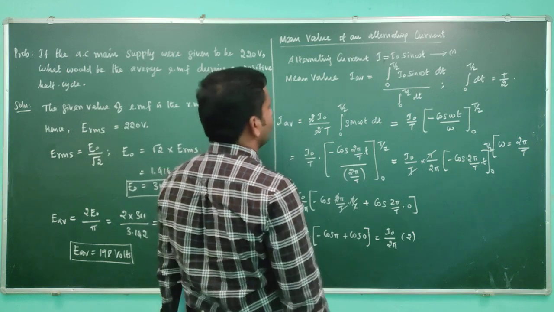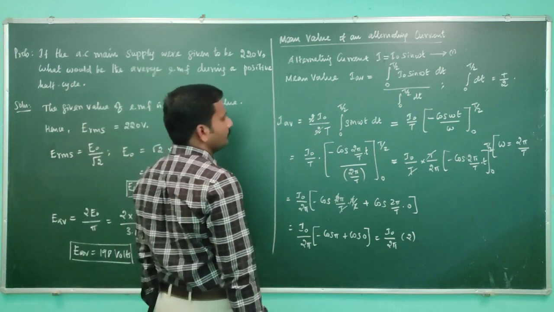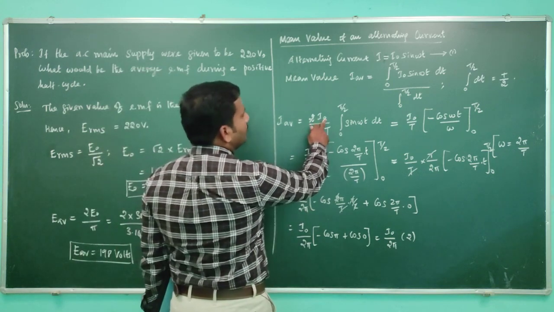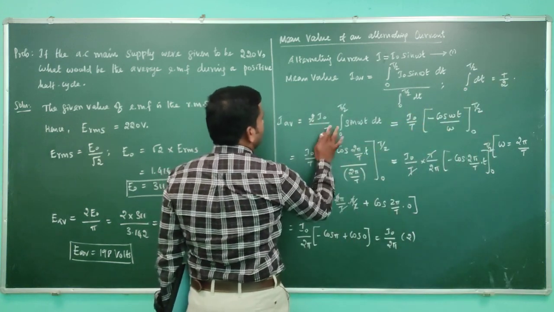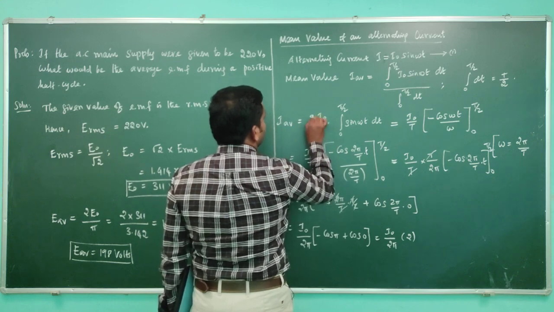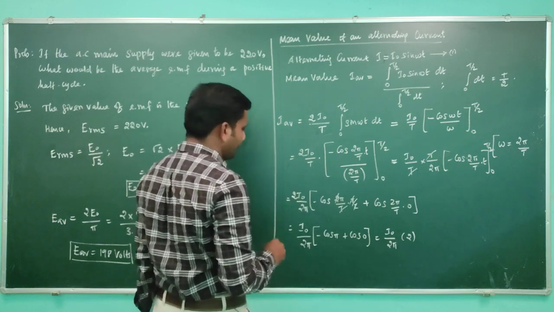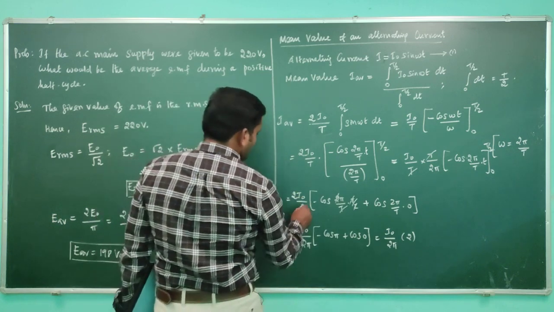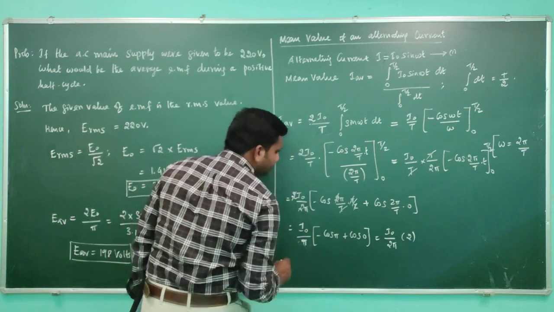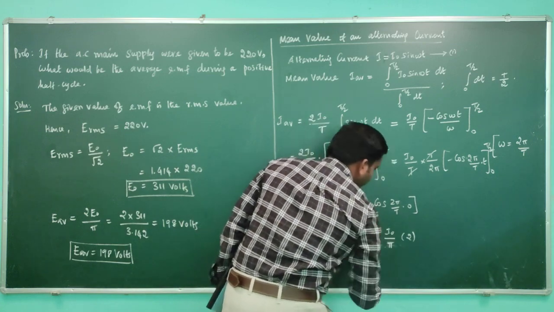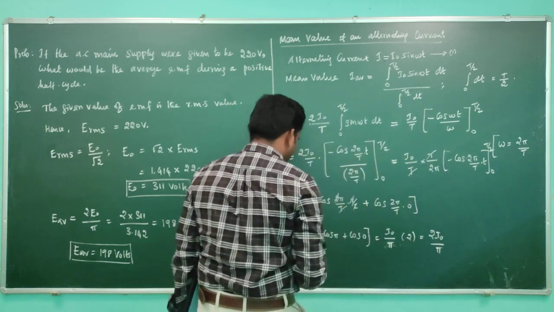Okay, is it correct? In this place, I naught, T by 2, so 2 by T, so here it is not 2T, there should be only T. So it's 2 I naught by T, and these will cancel out each other. So what will be remaining is I naught by pi. So here also I naught by pi. So now this is equal to 2 I naught by pi.